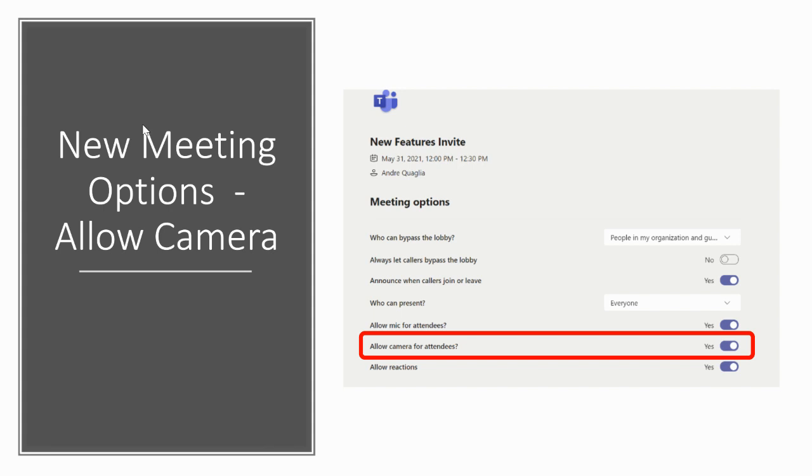The first new feature will be found under New Meeting Options. This will allow teachers to either disable or enable cameras for all attendees and students by clicking on the bar that says Yes to enable camera access or No to disable camera access for all attendees and students. Keep in mind also for new meeting options, these can be set either before the meeting is to occur, during,